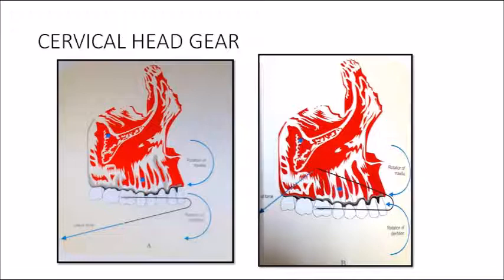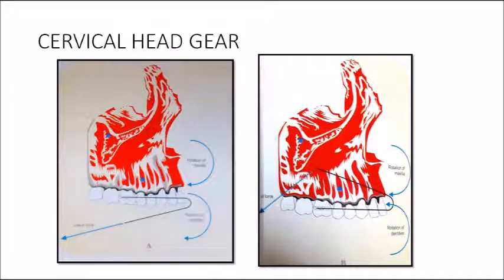In such a scenario, the centers of resistance of both the dentition and the skeletal tissues are above the line of force. So the rotation of the dentition as well as the skeletal tissues is in the same direction, producing a clockwise rotation. Now you have a second scenario, so please look at the picture on the right side. You can see that here you have altered the line of force application. It is below the center of resistance of the maxilla.